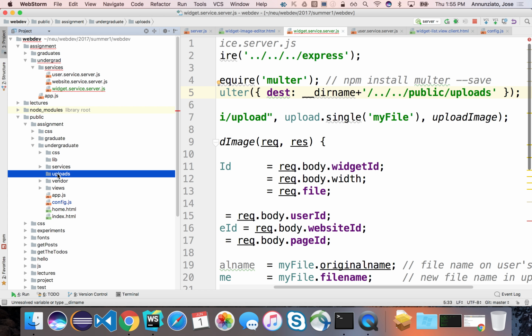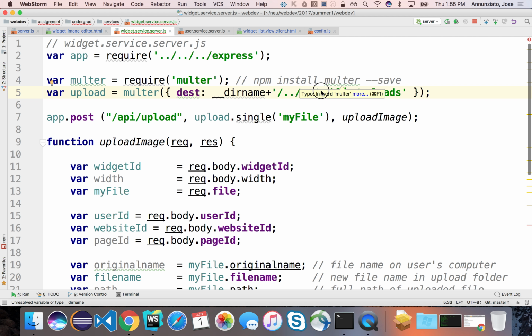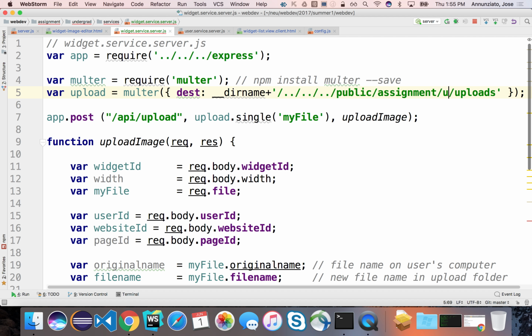Make sense? All right, so let's do that. Let's go up 3 times, then go down into public, go down into assignment. Is that right? Assignment. And then undergrad, undergraduate,